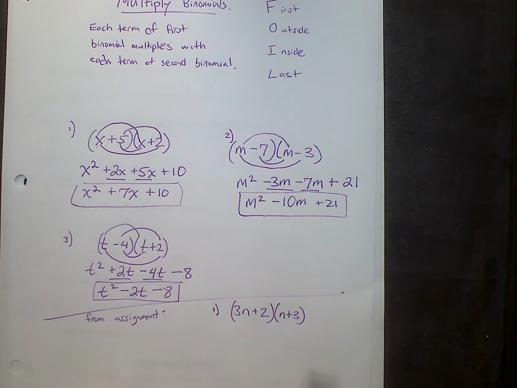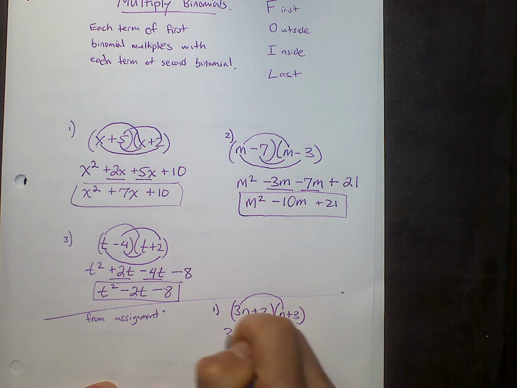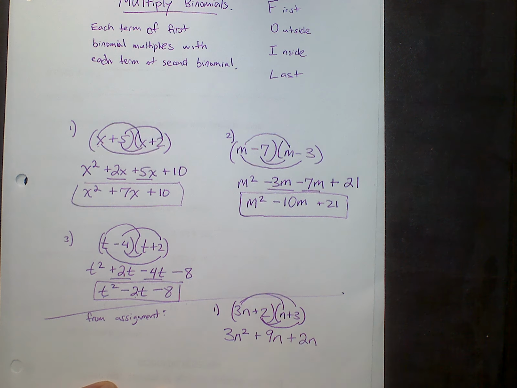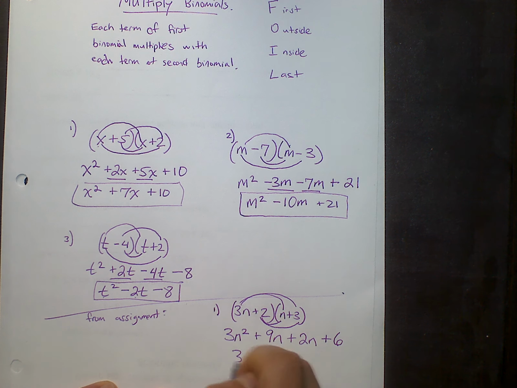I'll show you one more that's from the homework assignment. This one has a leading coefficient other than 1, but it's still the same process. 3n times n. 3 times 1 is 3. n times n is the quadratic n squared. 3n times 3, 9n. 2 times n is 2n. And 2 times 3 has a product of 6. 3n squared